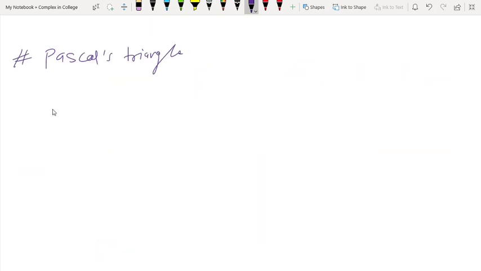Pascal triangle में हमारे पास है क्या basically, for n equal to 0. Think of the formula like nCr. For n equal to 0, if your n is 0, the answer is 1. For n equal to 1, again it is 1 and 1. This represents 1C0 and this one is 1C1.